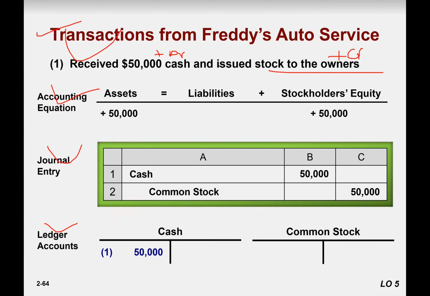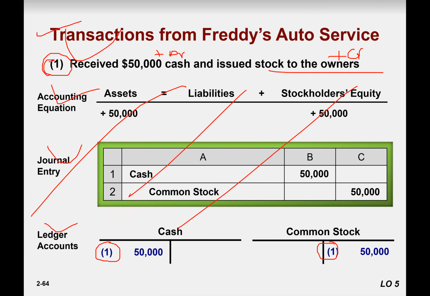So we write it down, 50,000 here and 50,000 here. So you see, we also mark it here. Since this is the date or maybe the number, you write it down in the ledger or in the T account, the number again. If we are not given all this information and are just given the T account,